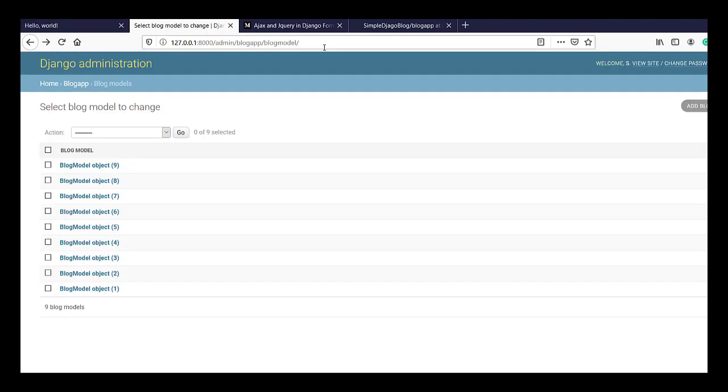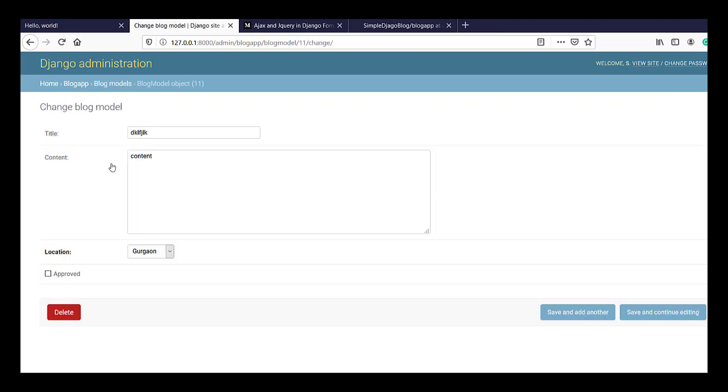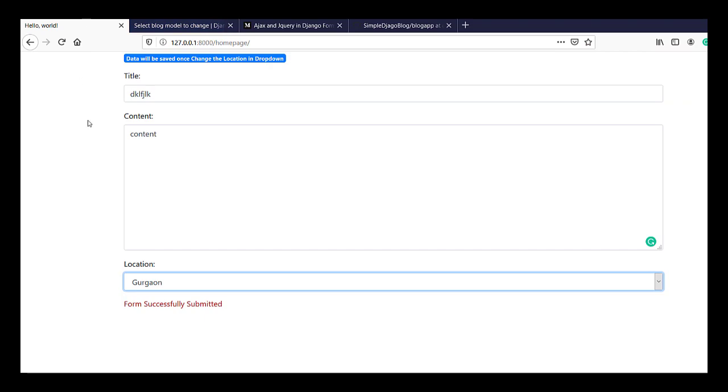Let me verify it in the backend also. So we have got a new form. Yes, this was successfully submitted for us. Now let's see how I made this.